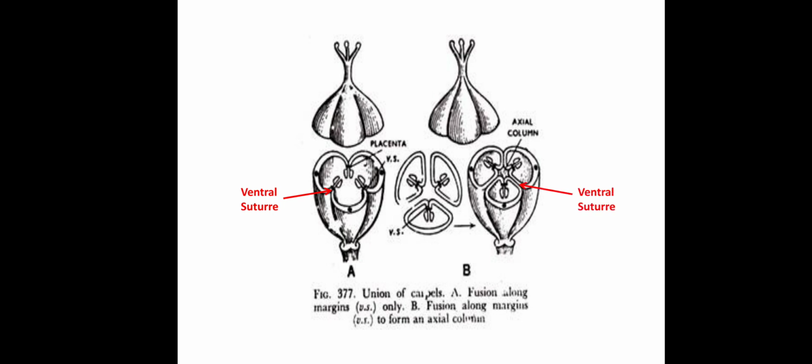Again we can see that there is an extension of the ventral suture. So up to this we have studied what is the ovary, what is the stigma, what is the style, and what are the types of ovary. Ovary means how exactly the placentation is there, what is the ventral suture, what is the dorsal suture, and depending upon the folding or infoldings or extension of the ventral suture, there is a special tissue which is present in the ovary